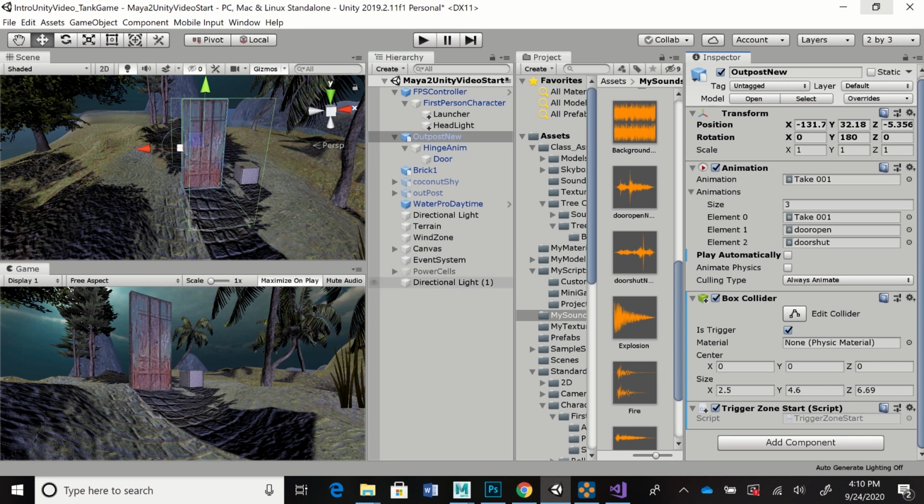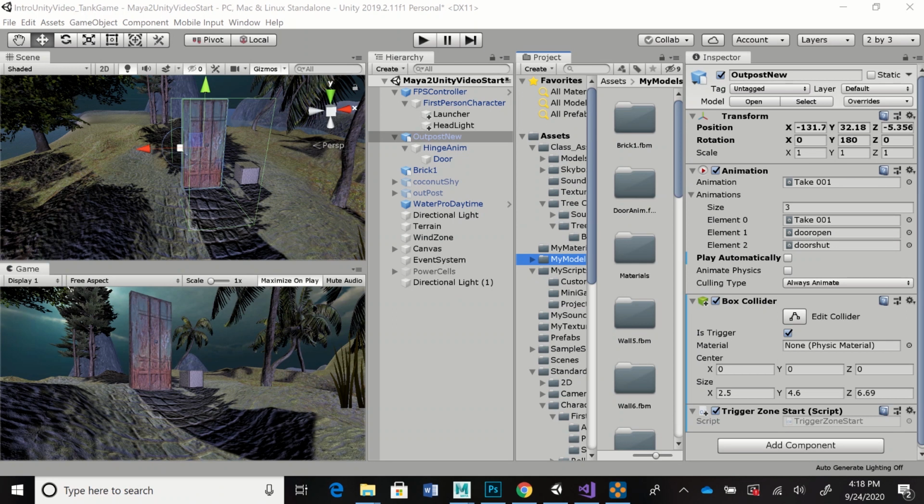Okay, so all of that's working. Now, if you want to use the newer animation system, you have to set it up a little differently. You're going to use an animator, and you're going to use an animator controller. It's more involved, and we can look at that also so that you can know both ways. Let's use the same door to create the newer animator